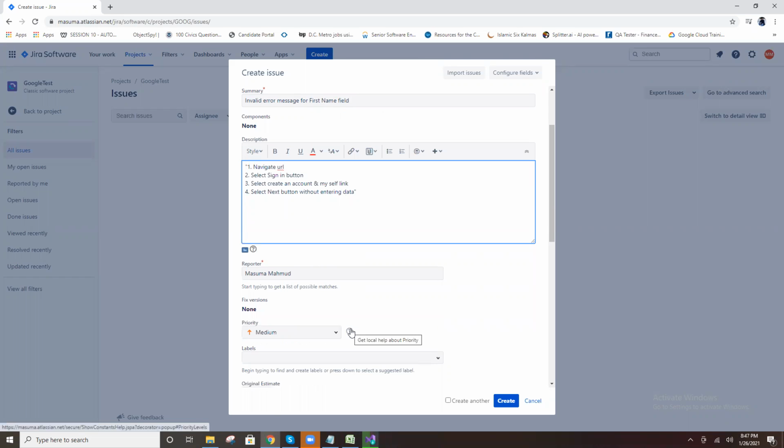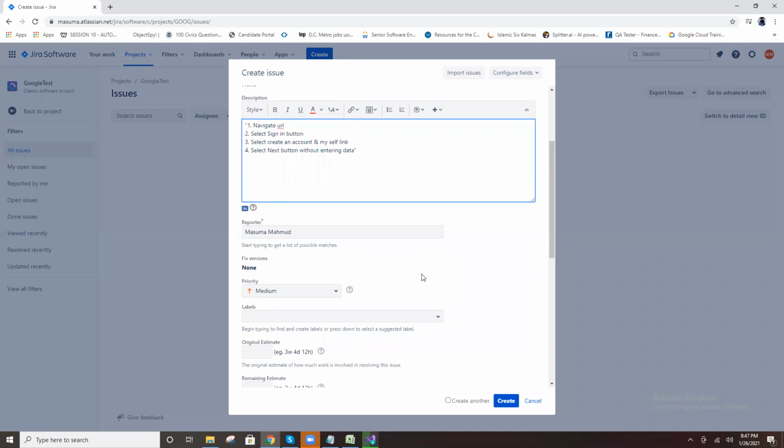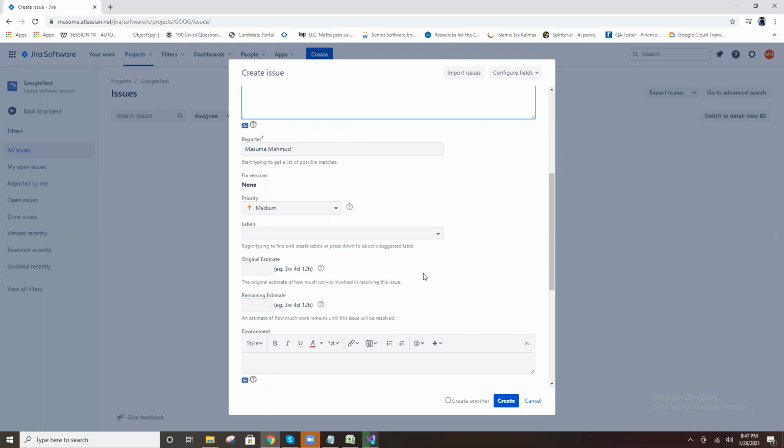Scroll down. Priority, we already know, right? The priority will be set by the developer. Then scroll down.